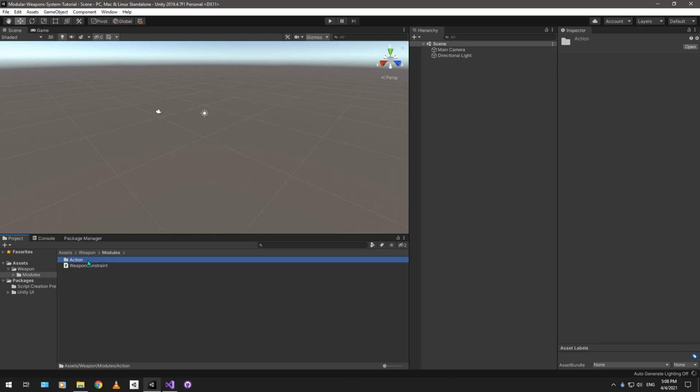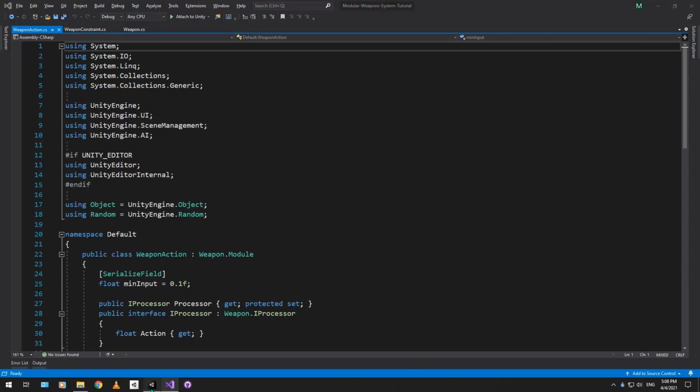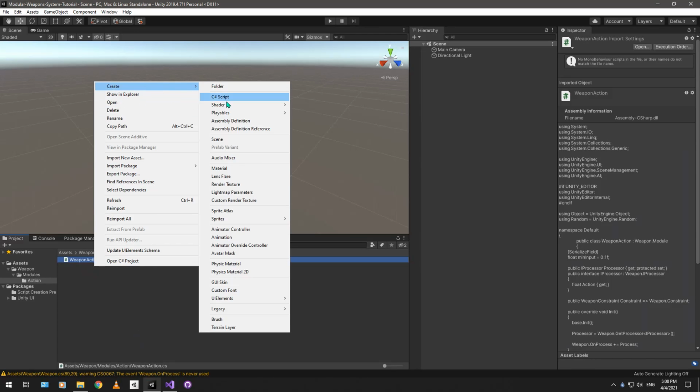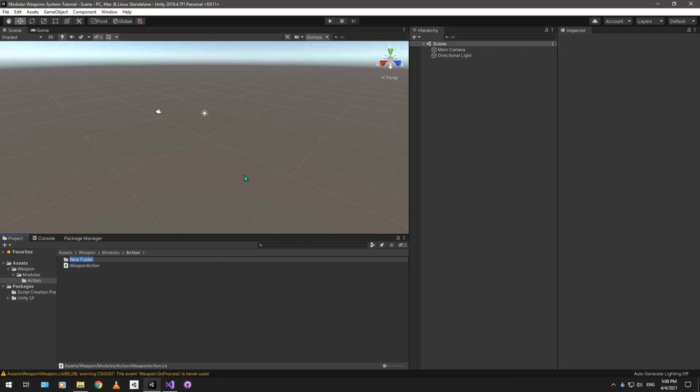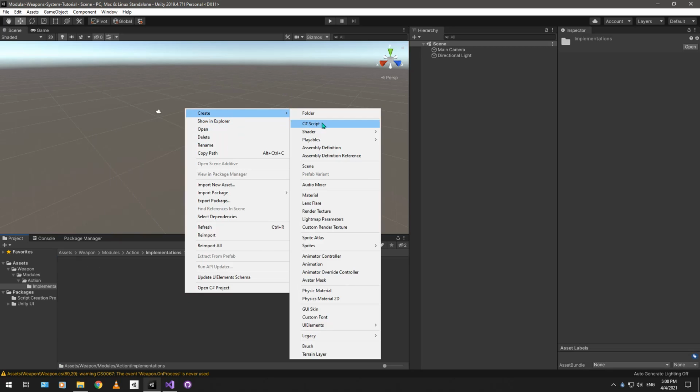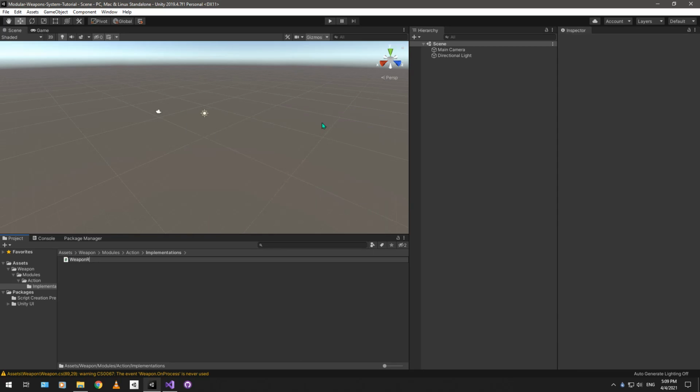Move that into here, wait for scripts to compile, and we're going to make some implementations of this weapon action thing. So the most basic weapon action I can think of is a raycast action. You have hit scan weapons, and you're going to need to perform a hit scan every time the weapon fires. So we're going to make a weapon raycast action,